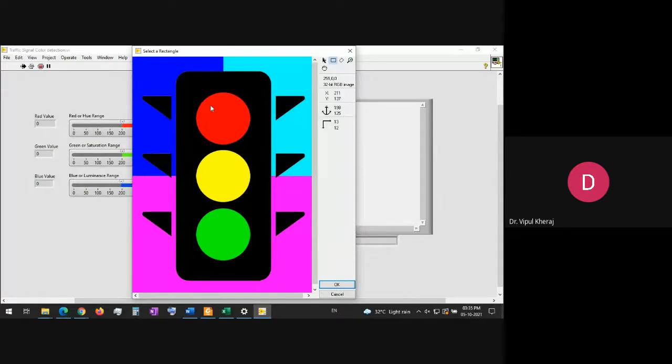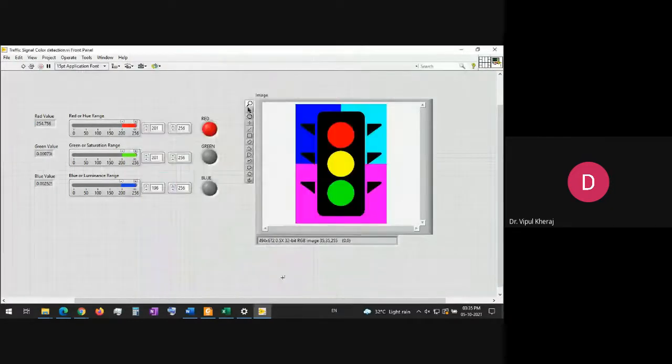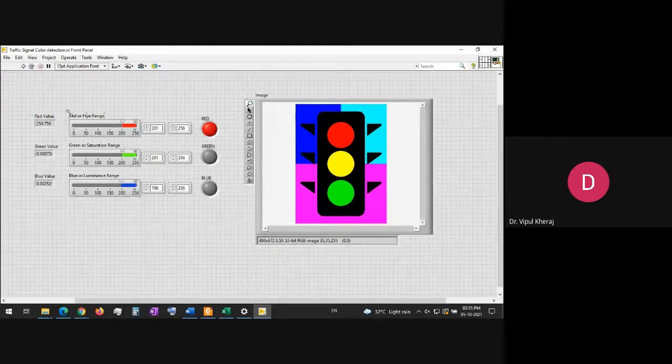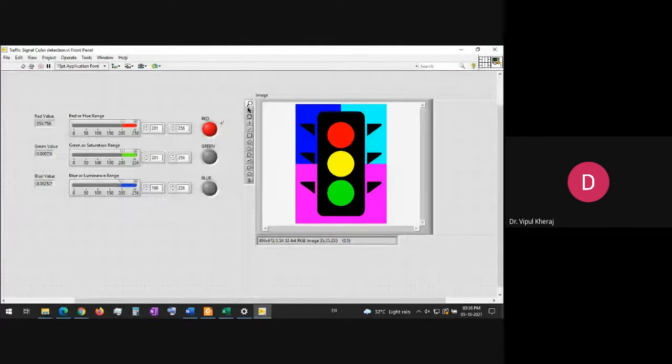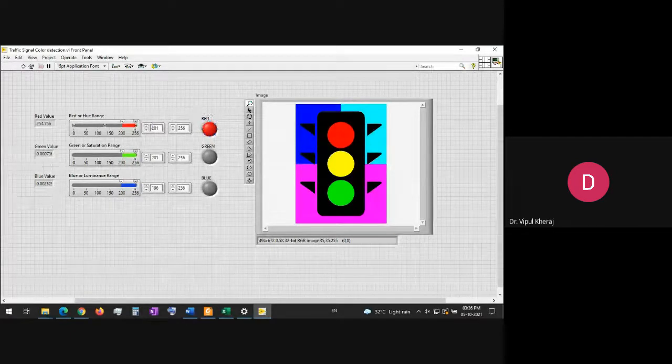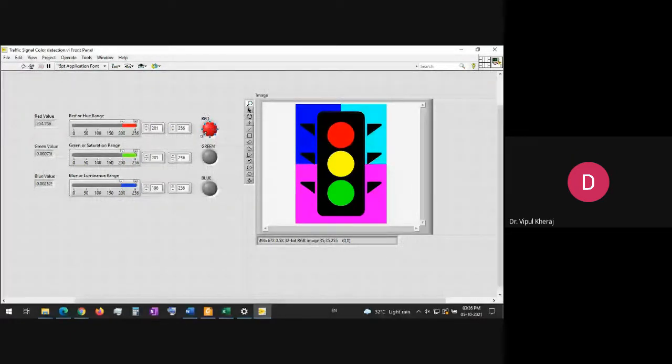We can select any part of this. For example, the red part is selected, and so it's pure red, so R will be maximum. Go ahead. Yeah, so we got R 254, you can see on screen. R is 254, the maximum will be 255 because it uses 8 bits for color coding. So there are 8 bits for red, 8 bits for green, and 8 bits for blue. But since we have selected the perfect red portion of the image, it will exactly show me the red light, right? Because the other two, green and blue, are almost 0.